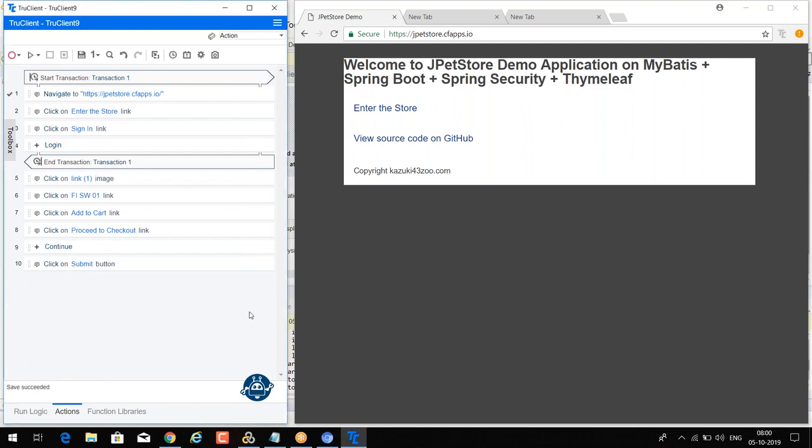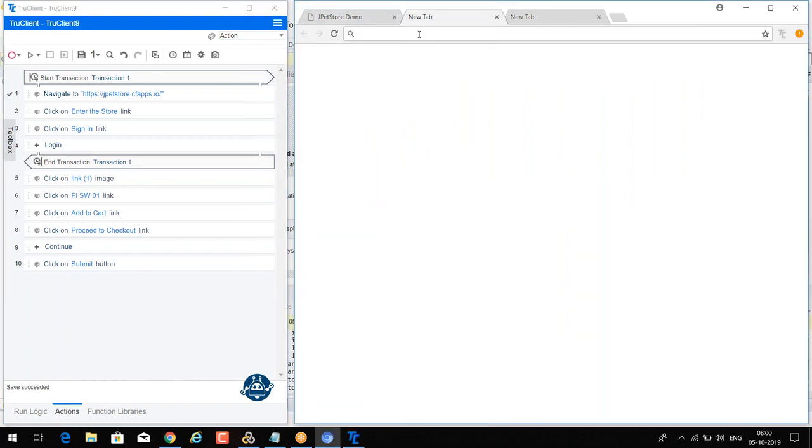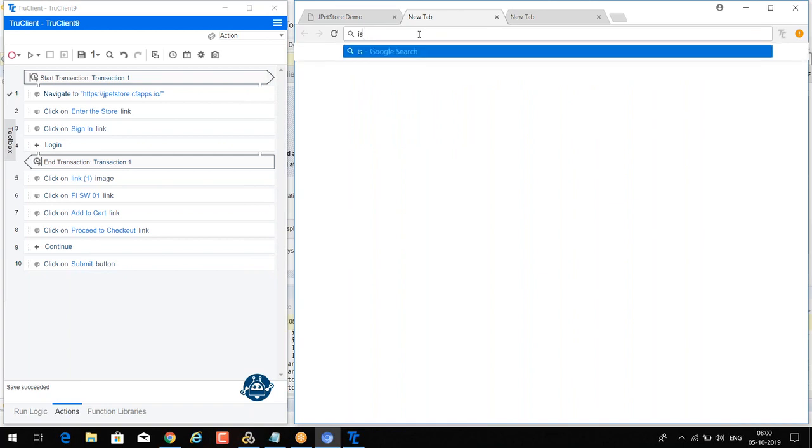So we have seen the basics of how we can record the script using the TrueClient and how we can replay as well. These are basic things. If you talk about the enhancements, there are lots of things that we can do. We have to put wait for the object and think time, then runtime settings, then parameterizations, then replay, then dry runs. Lots of things that we can implement in the TrueClient protocols, that we'll see one by one. For the syllabus, let me open the content for this TrueClient protocol. So here I'm opening this.